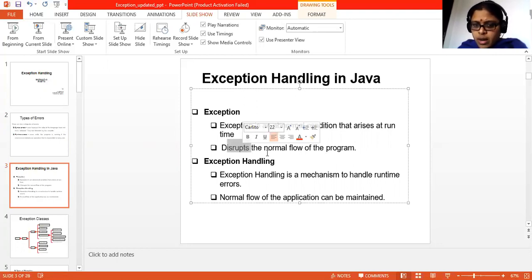So now why are you going for exception handling? Now this should be handled properly. So you need to write a program to handle such types of errors. That is your exception handling. So why are you writing this exception handling program? If at all any abnormal condition arises in the program, you need to handle that properly such that the normal flow is retained back. The normal flow of the application is retained. So you are writing